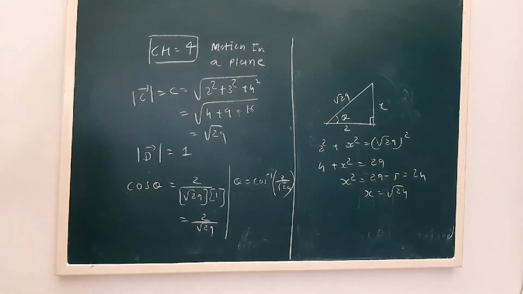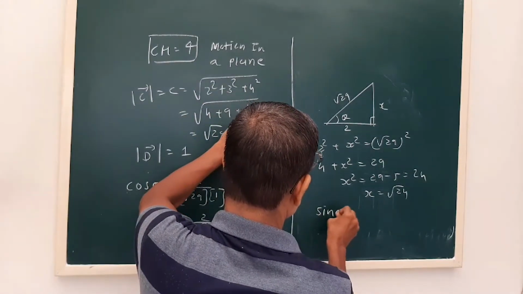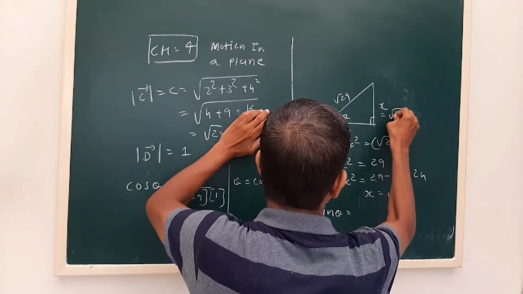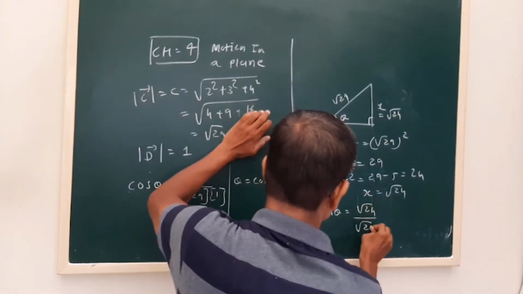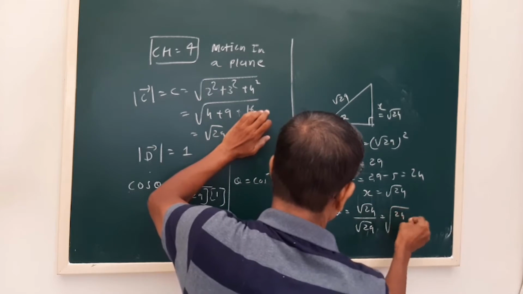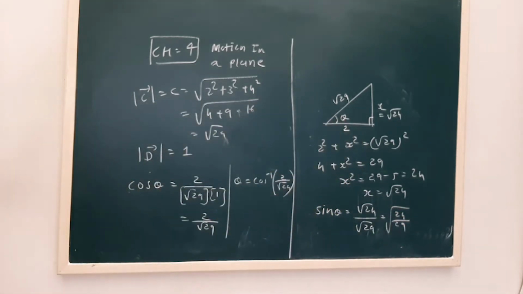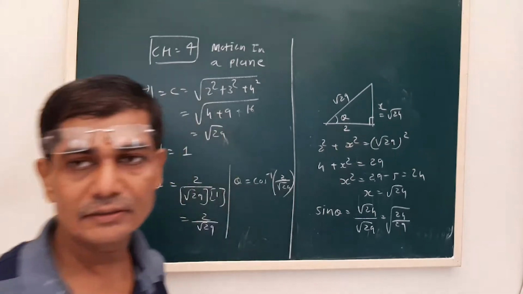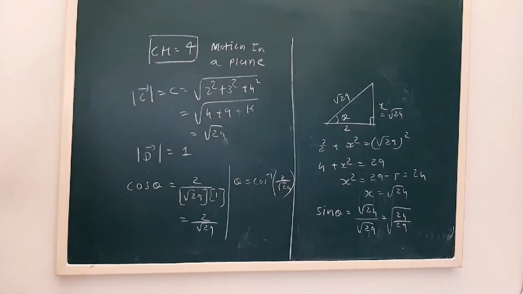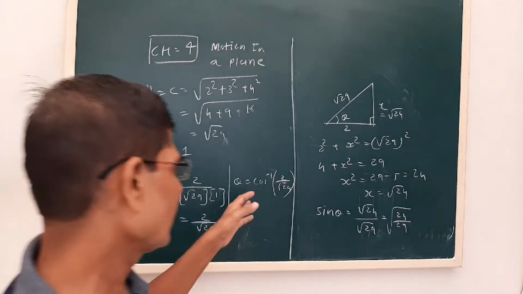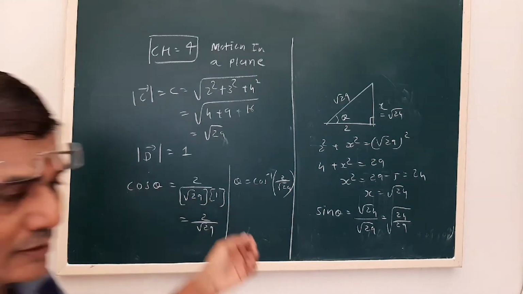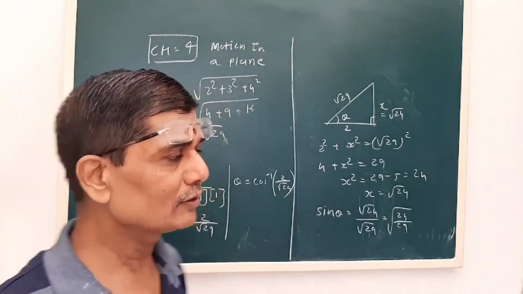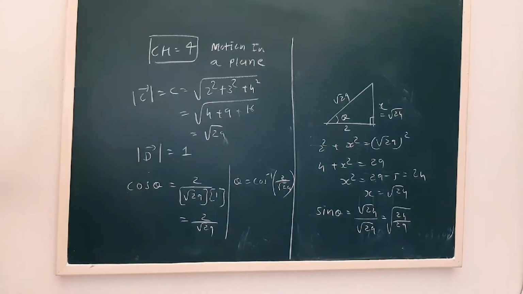So sine theta will be opposite upon hypotenuse. It can be tan also, opposite upon adjacent. So depending on the options of the answer in the MCQ, you can write it down. Otherwise, right now, theta is cos inverse this. Why? Because generally the angle between two vectors is given by the formula in terms of cos theta.